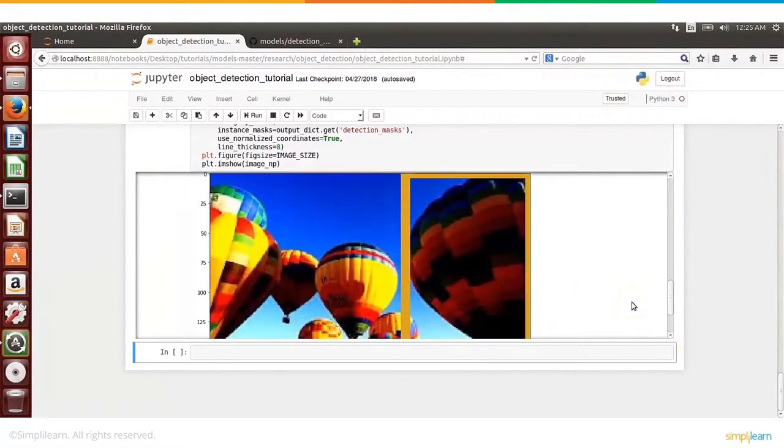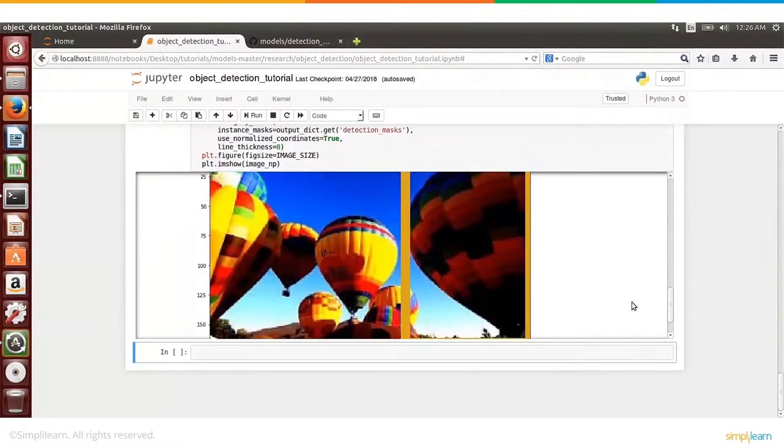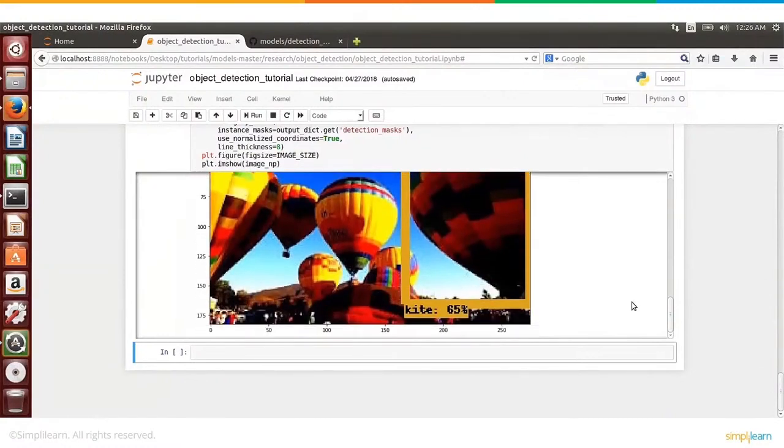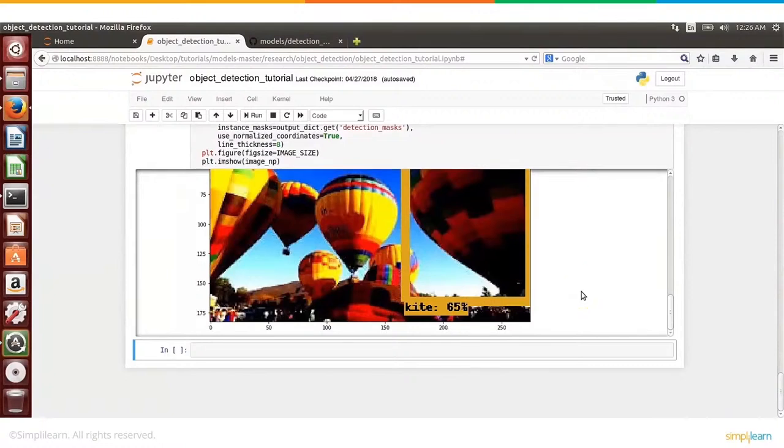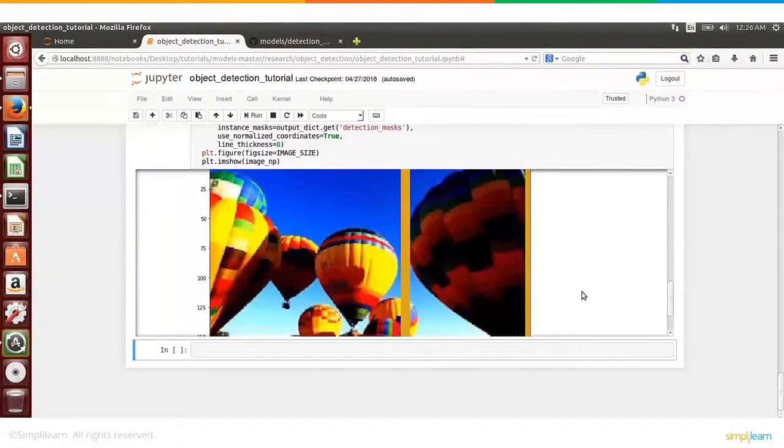So here, these are actually balloons, hot air balloons, but the model thinks it is a kite, which is probably not that bad. It sees there's something in the sky, and therefore probably it thinks it is a kite, and it detects that with 65% confidence. Okay, so that was pretty much all I wanted to show you in this particular tutorial about object detection in